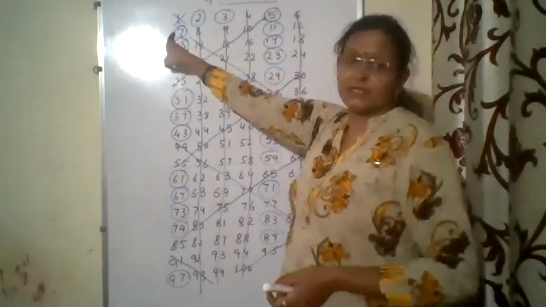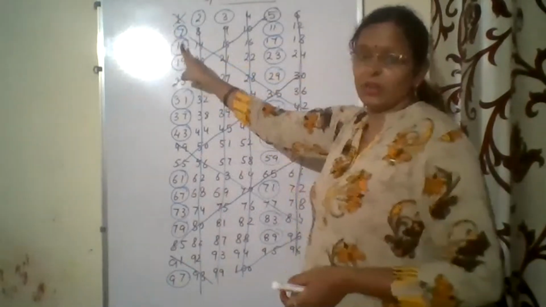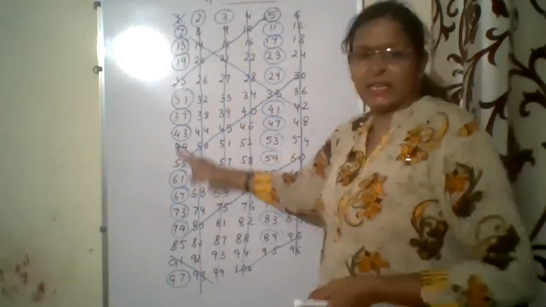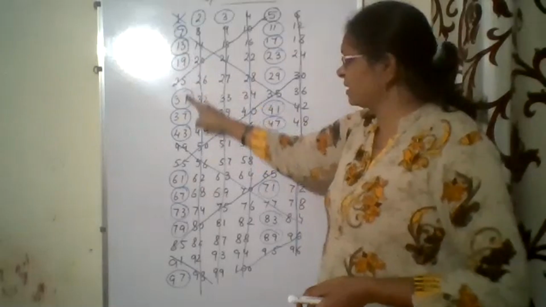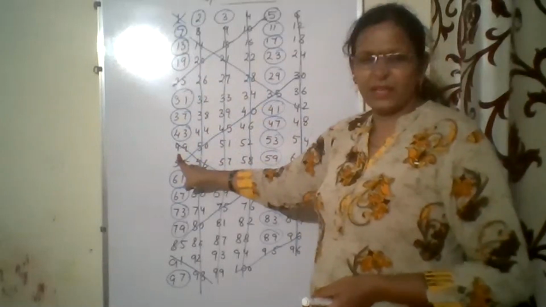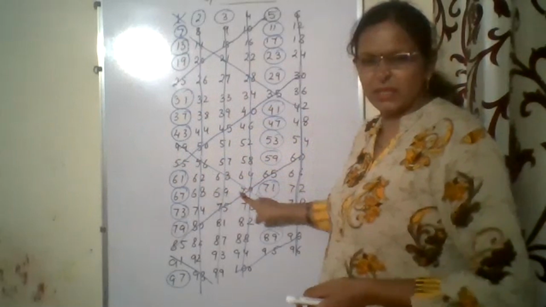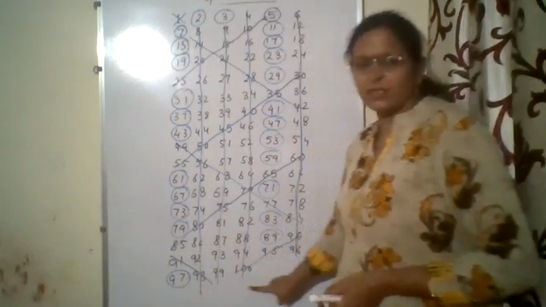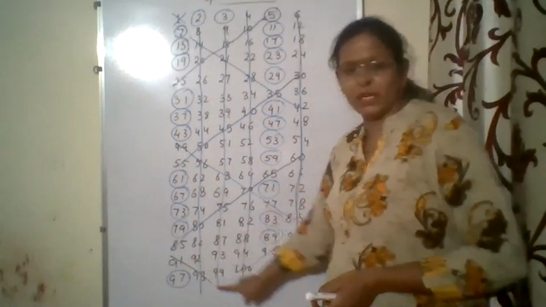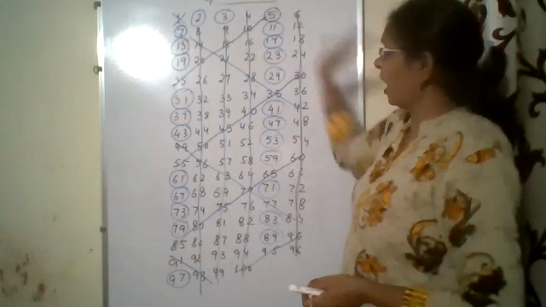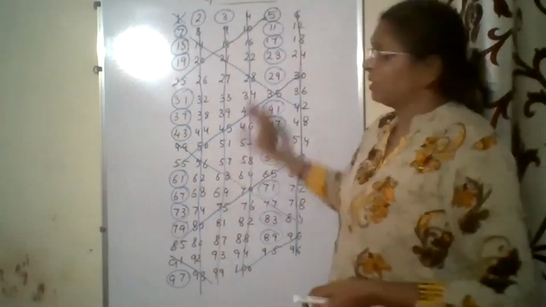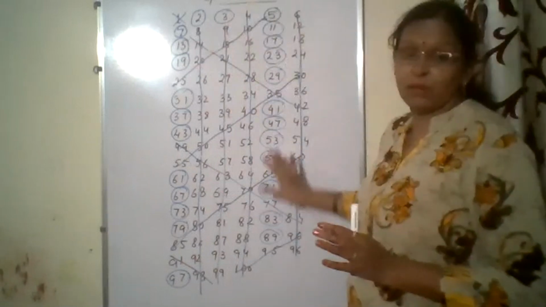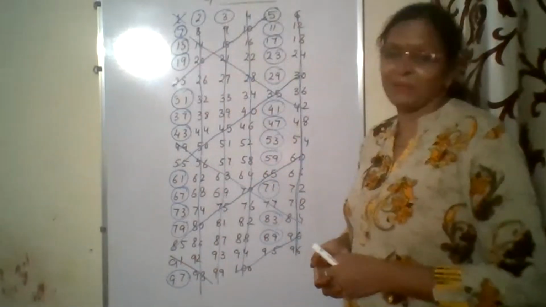Similarly from here. 7 is a prime. You circle it. Now strike off all the numbers which are coming diagonally. Next number which is divisible by 7 is 49. Alright. So you again strike off diagonally. Last is 91. Strike off diagonally. So now after doing till this, whichever numbers are left, those all numbers are prime numbers.